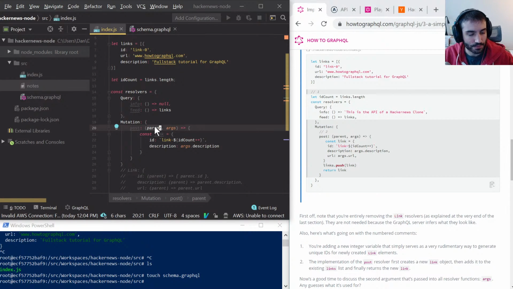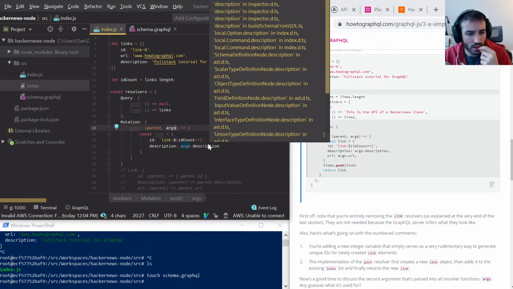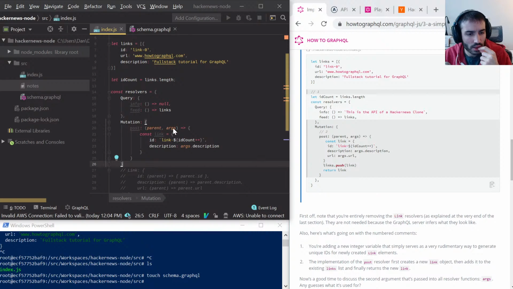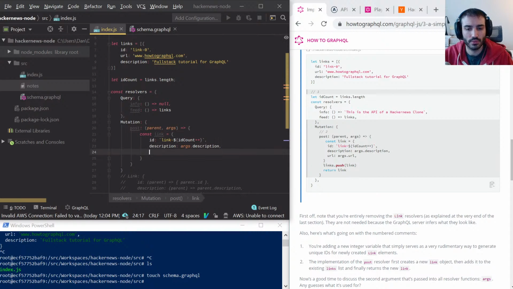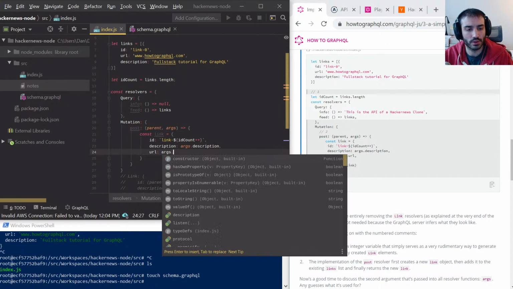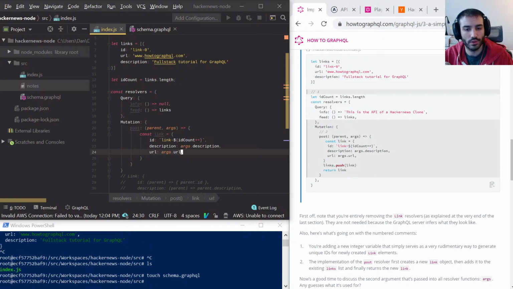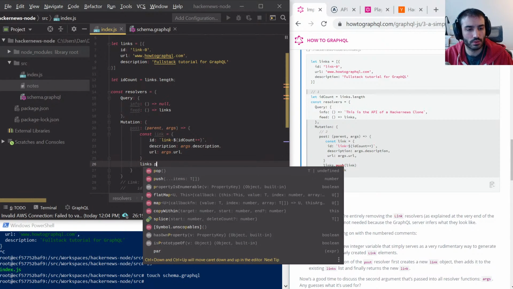Oh, it's hot. So parent, args is what's being passed in. I don't get the difference between these, but I suppose it'll tell us in a second. URL: args.url. And then we're doing another thing where we're just